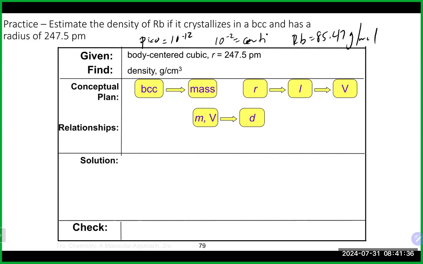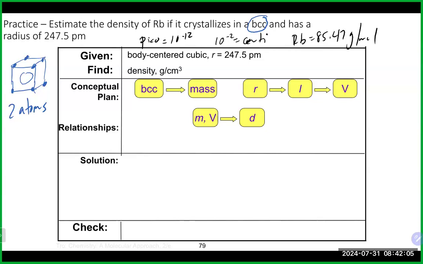Take a look at it. So again, important information given to you in the problem is BCC, which is body centered. Remember, that is the kind of cubic cell where you've got an entire atom sitting in the middle. And again, you've got that other whole atom based in the corners of it. The important information that comes out of that is it has basically 2 atoms total within that unit